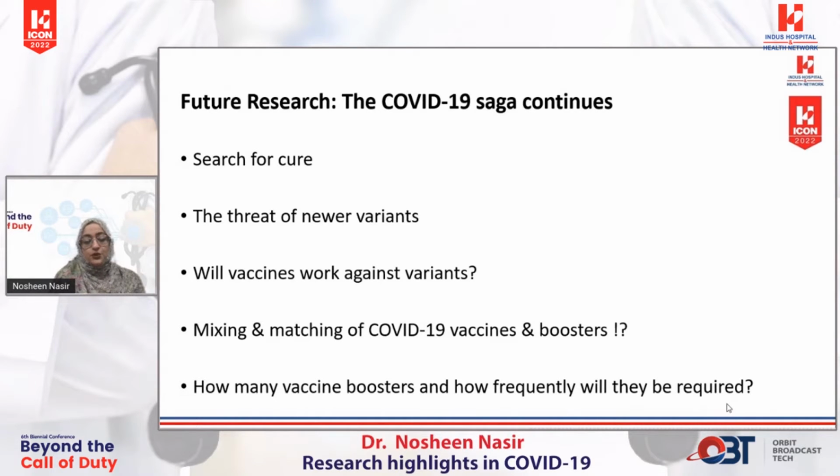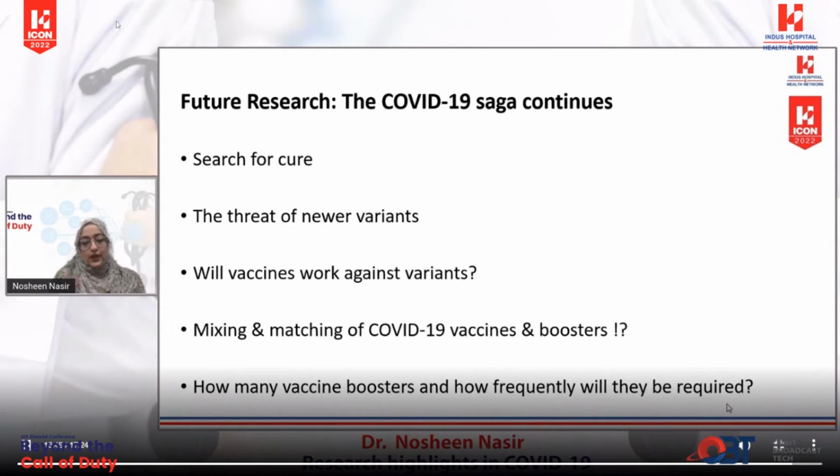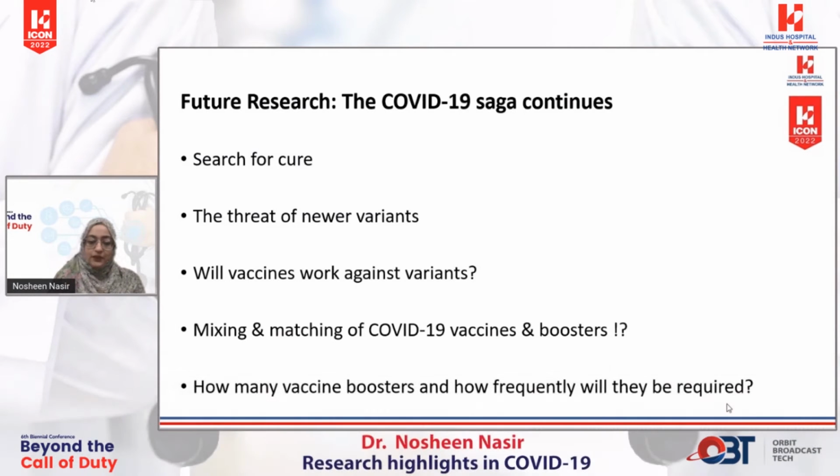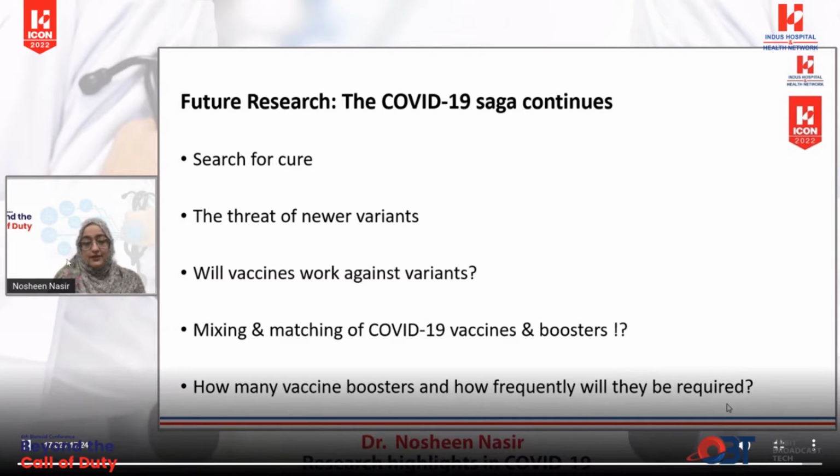That's a very important research question, and we will be seeing several studies being published during 2022 with regards to these. Then mixing and matching of COVID-19 vaccines and boosters. How are we faring with those? Because a lot of people have received both the mRNA vaccines and the inactivated vaccines, and how does that work? And then how many vaccine boosters will be required, and how frequently will we be getting boosters? So those are all the questions that still need answers, and